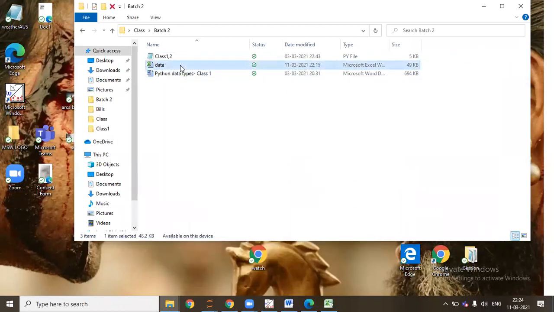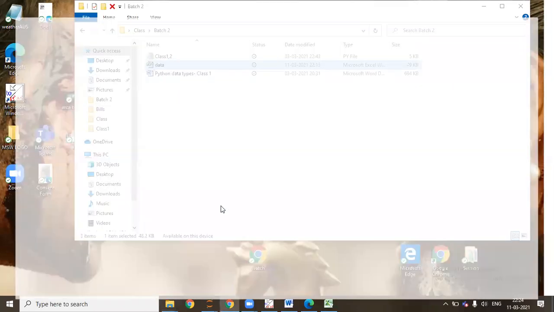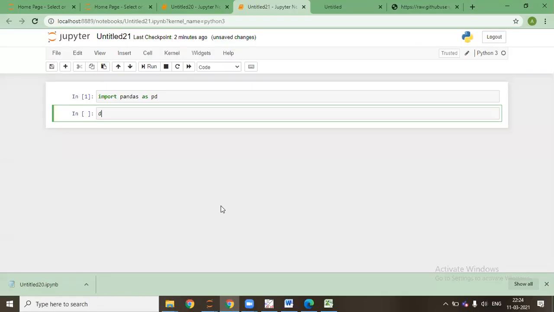Just give me a second. Copy as path. I'll say data is equal to pd dot read_excel, I'll say r, and paste this.